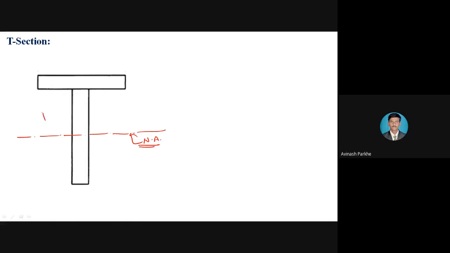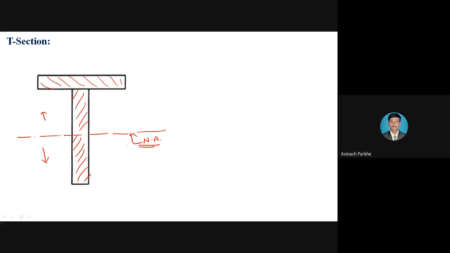So above the neutral axis, the section is not same. Below the neutral axis, section is not same, because below neutral axis, you will get only this rectangle. You can see below the neutral axis, you will get vertical rectangle, but above the neutral axis, you will get one vertical rectangle as well as you will get horizontal rectangle. That means neutral axis च्या वरच्या बाजूला पण तुम्हाला एक वर्टिकल टी सेक्शन मिळतोय, म्हणजे एक स्मॉल टी सेक्शन मिळतोय, पण न्यूट्रल एक्सिस च्या खालच्या बाजूला तुम्हाला एकच वर्टिकल रेक्टेंगल मिळतोय. मीन्स this section is not symmetrical.